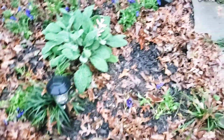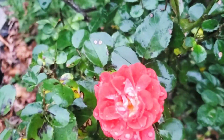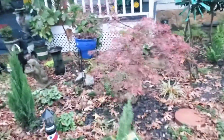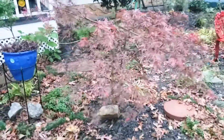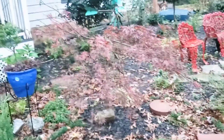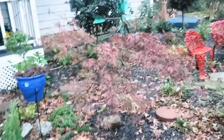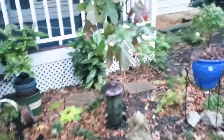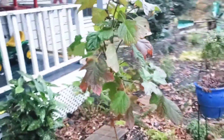My other rose, the potato vines are now gone. That elephant ear will eventually transition, but look at that rose. Oh my gosh. I love my Japanese maples. Now this is the time of the year when you have to just love it. Now I did move this this year so it can fill up all of that area. My water line runs that way, so that's why I left that here to make sure I know where it is. My only hydrangea hasn't turned all the colors quite yet,